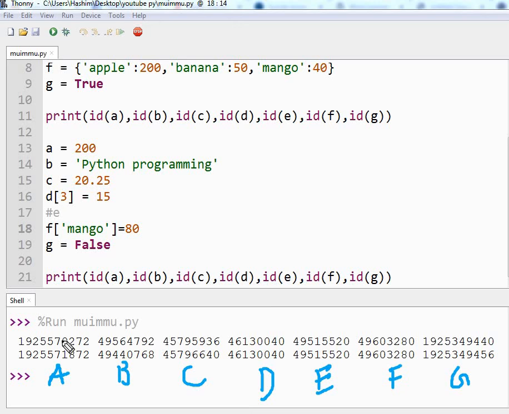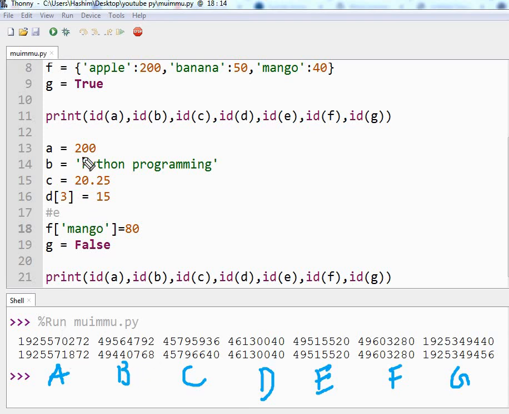Now it will point to a different memory address. That means no change was allowed in the memory address, that is immutable. You can remember it that way: if no changes occur in the memory address, it is immutable. You can see here that the changes were done in a new memory address.